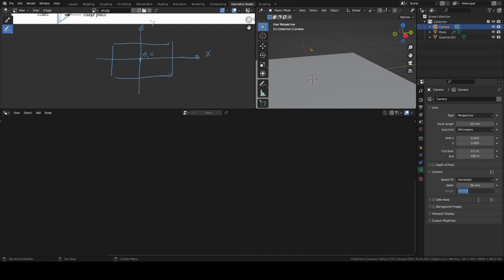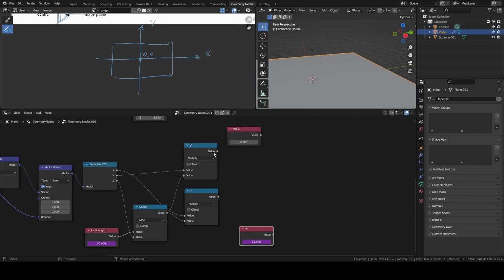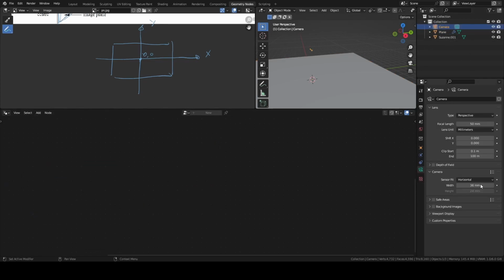Here it is. Right click, copy as new driver, right click, paste the driver. This is the height, H. And let's take this camera and put this sensor fit back to auto.